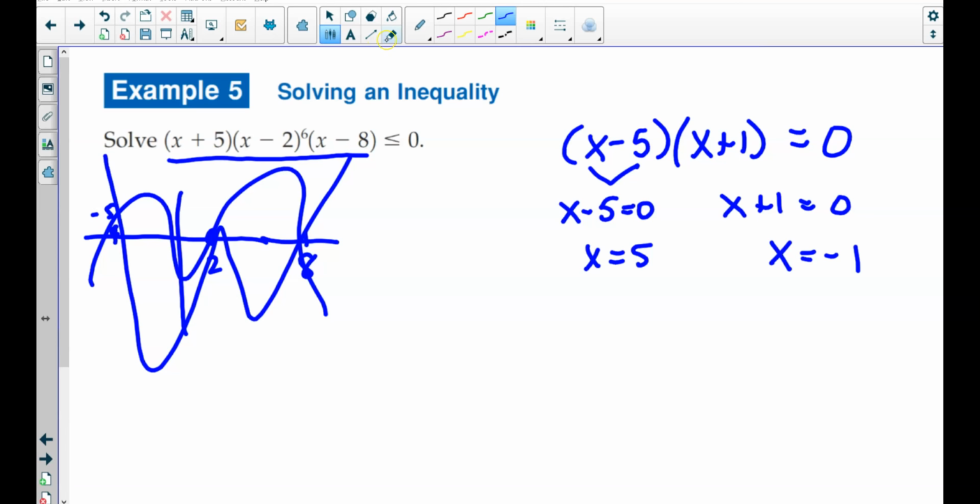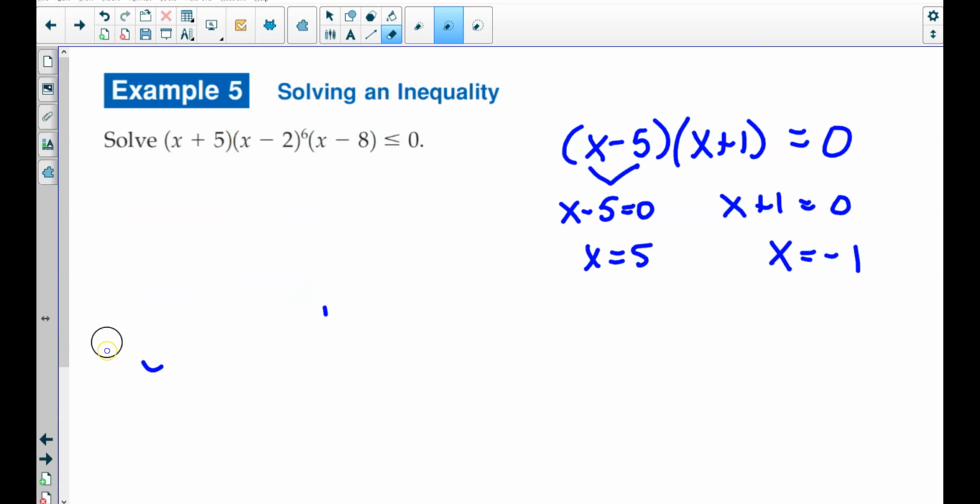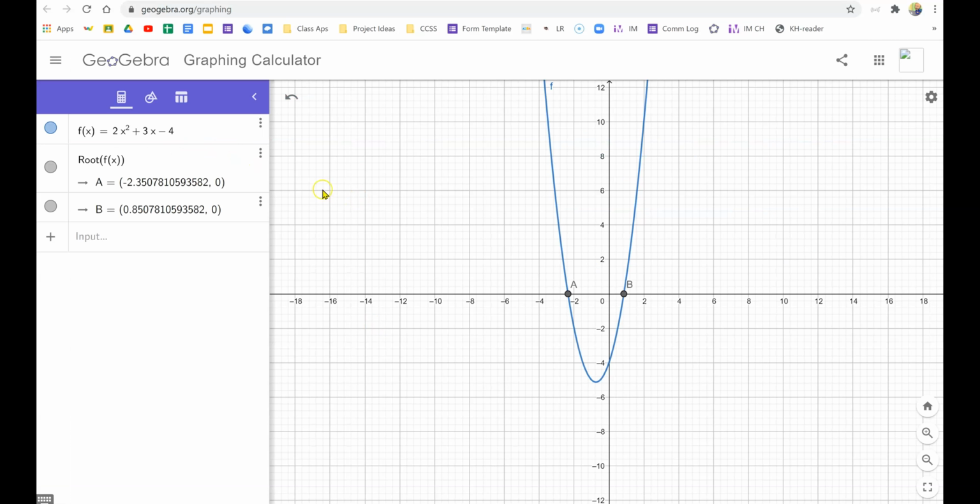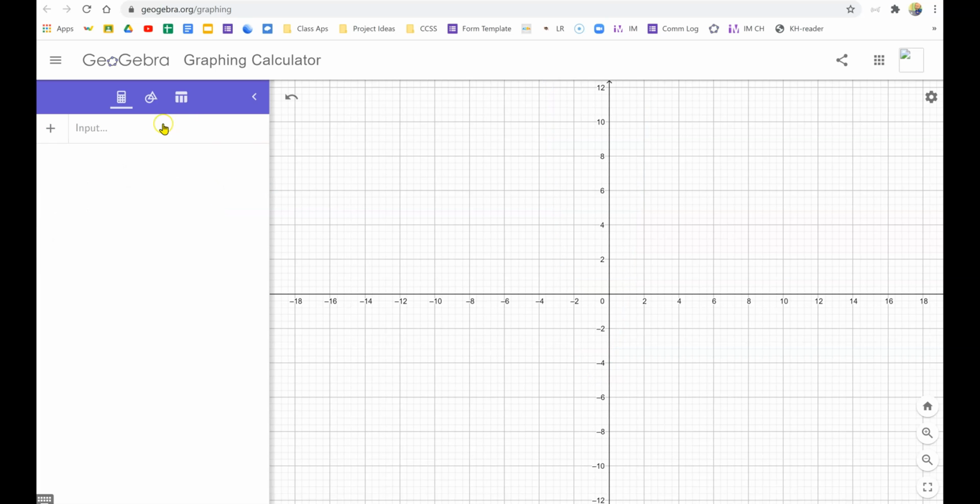So you're still going to have to graph it, but you at least have a head start or an idea about where this graph is going to line up. So I'm going to take just exactly what I see and enter it into the graphing calculator. So once again, I'm going to click the three dots and delete what's there. I'm going to enter in a new function f of x, parentheses x, equals,